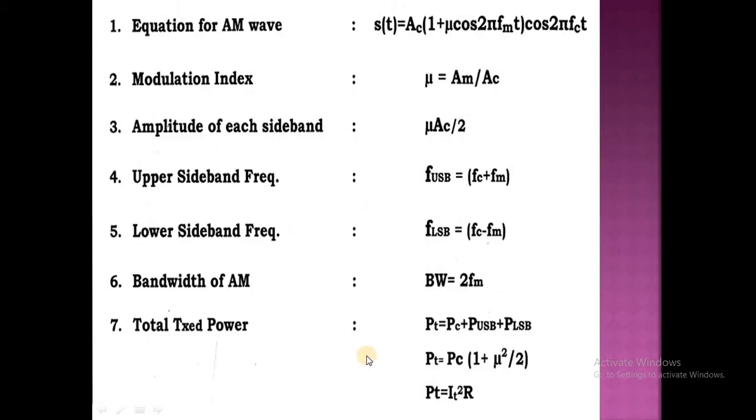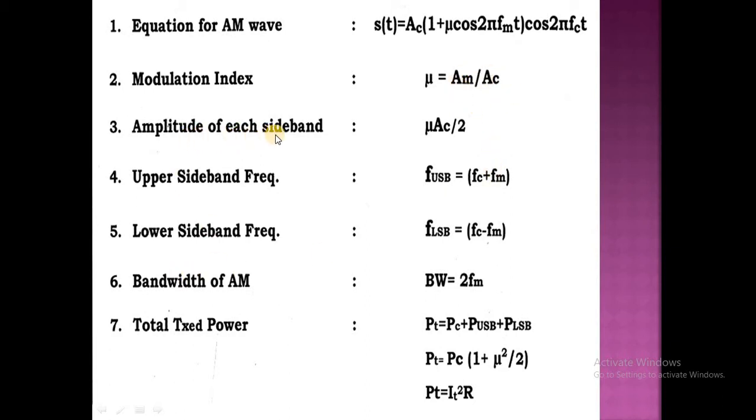So some of the formulas involved in amplitude modulation are: the equation for the AM wave is S(t) = AC (1 + mu cos 2 pi fm t) cos 2 pi fc t. So clear? And the modulation index is denoted by mu = AM by AC,